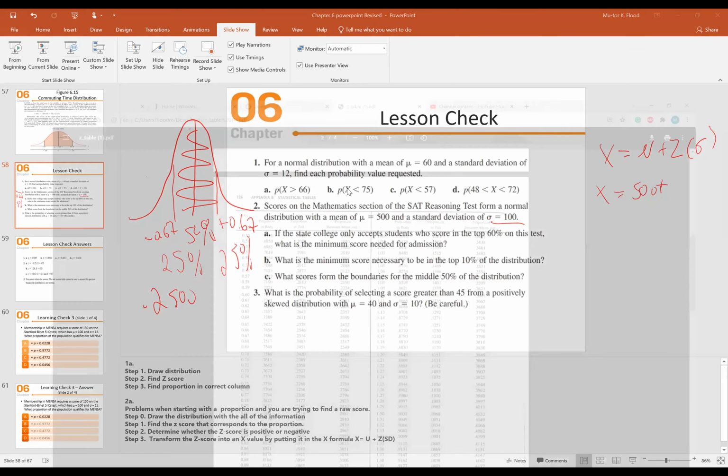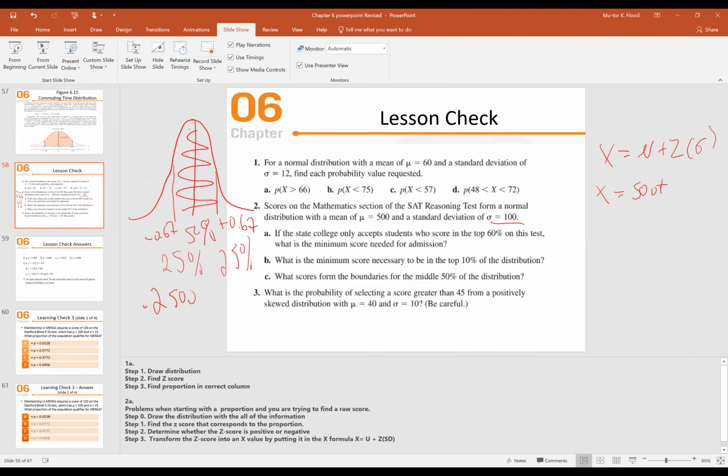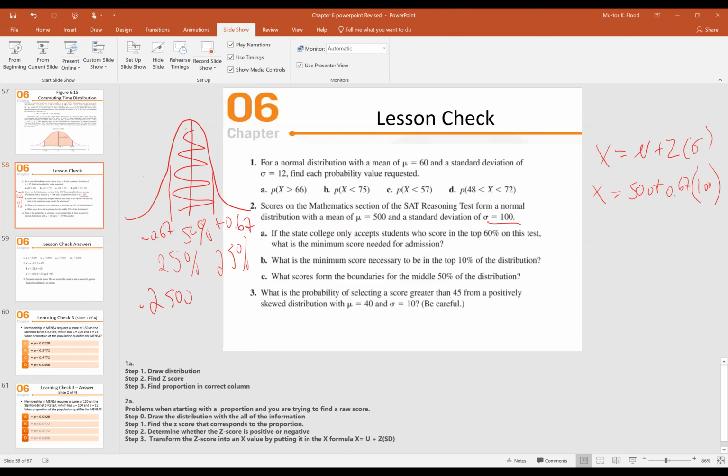Looking for 0.25%. What was it? Oh, it was 0.67. Yeah, it was 0.67. All right, so plus 0.67 times the standard deviation of 100. All right, and that's going to give you